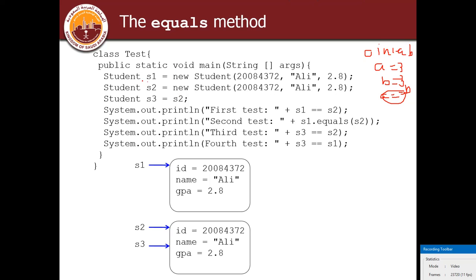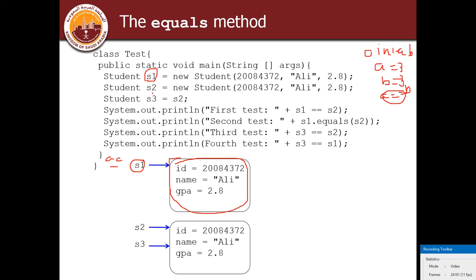So what happens over here? Now the S1 object is created, instantiated and initialized with the values. That means I have created a variable in memory named S1. I don't know what the address is, maybe AAA somewhere in memory, and this variable is initialized with these three values. It has this data: the ID is this value, the name is this value, the GPA is 2.8. Now it is somewhere, I don't know where.